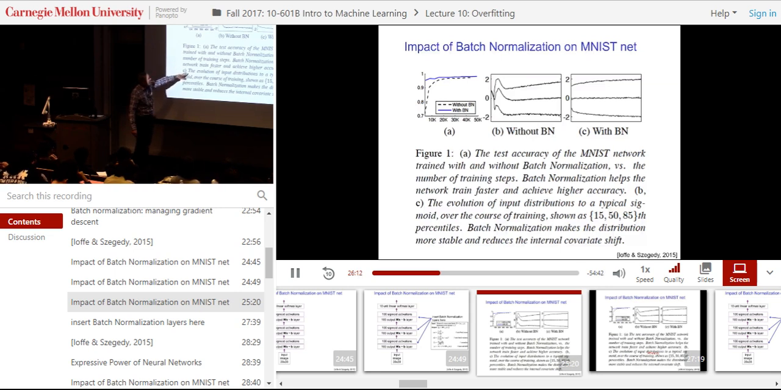The evolution, B and C, show the evolution of the input distributions. I'm pretty sure what that really means is the mean of the mini batch activations into a typical sigmoid over the course of training, shown as the 15, 50, and 85th percentiles. So, right, if you take a mini batch of 20 examples and you have 100 features, which they had at each layer,